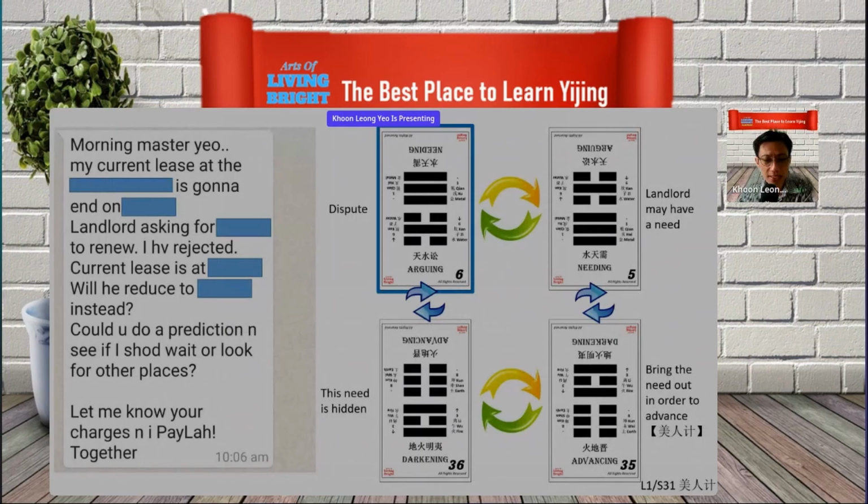Okay, like I say, I casted a gua and I got a 天水讼 for her. Now, 天水讼 means dispute, arguing. So this describes the current situation, right? Having a dispute about the rental fee, the next renewal rental fee. So what I do, remember,